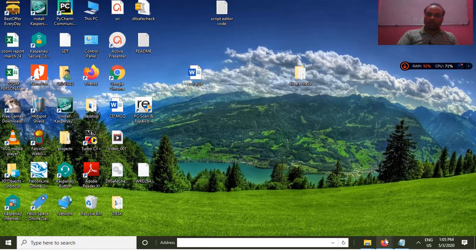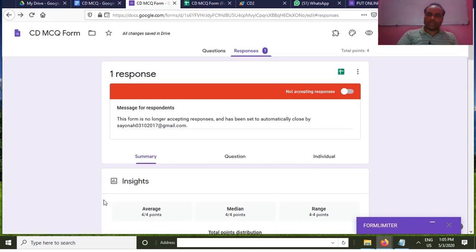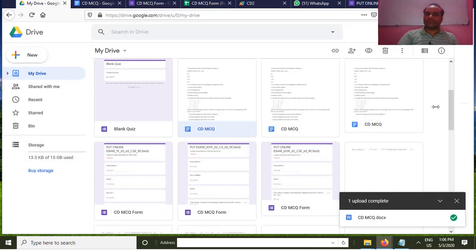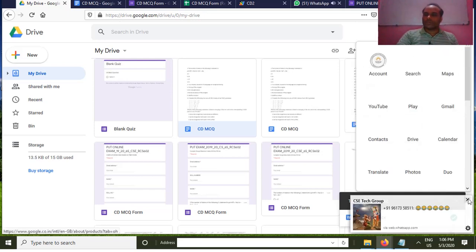You have a Google account, just open the Google account. I'm already having the Google account. So this is my Google account, just opening. If you have any Google Gmail or anything, you have to open that, and after that you have to click the Google Drive option. Once you are opening your Gmail, a lot of apps are visible here, and in that Google Drive is also there. So click the Google Drive option.